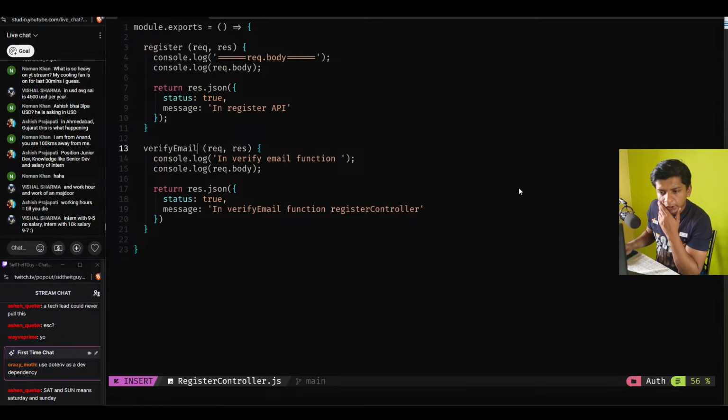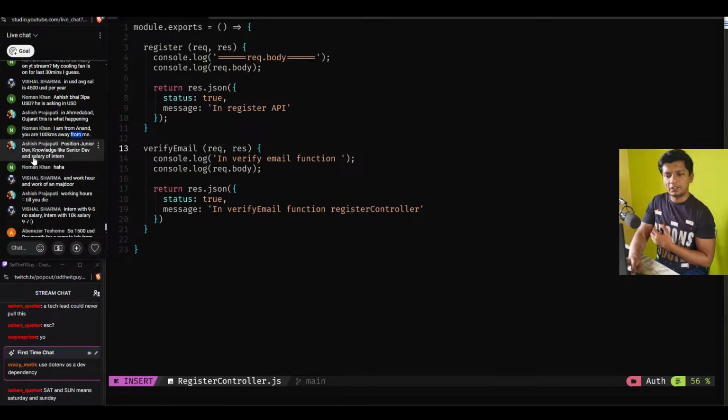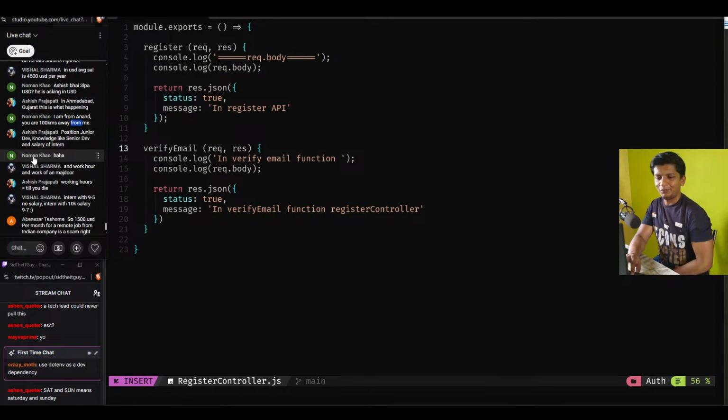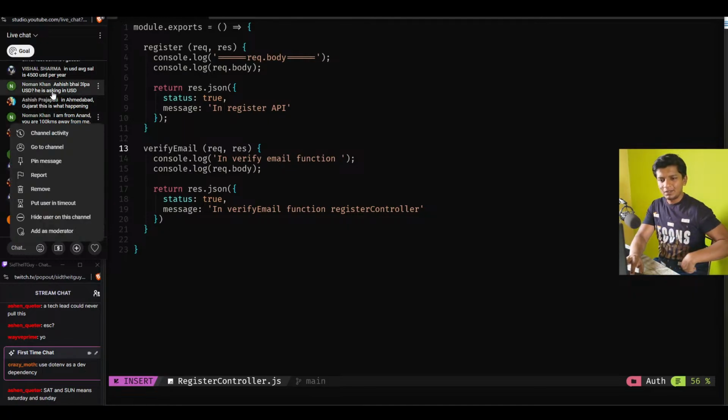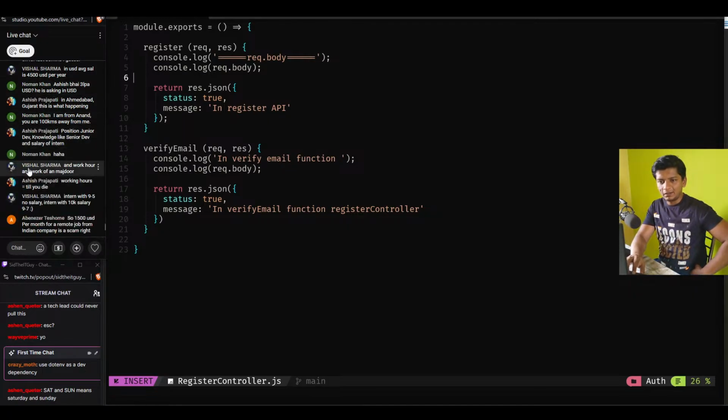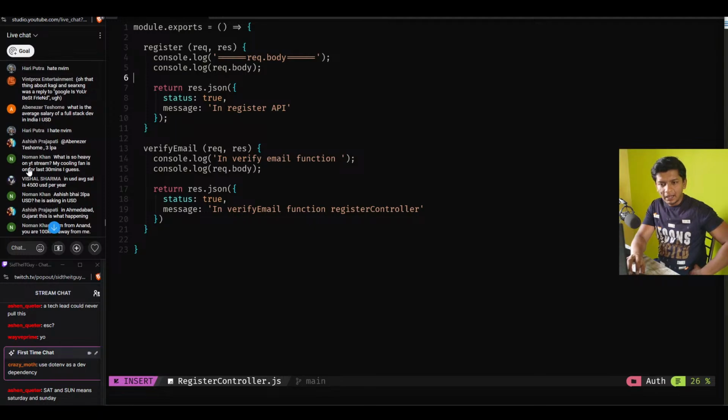Working hours equal till you die. In USD, average salary is 4,500 USD per year. What are you on? What drugs have you taken, bro? $4,500 a year. Seriously? I hate NVIM. Okay. What is the average salary of a full stack dev in India, USD? Oh, in India,